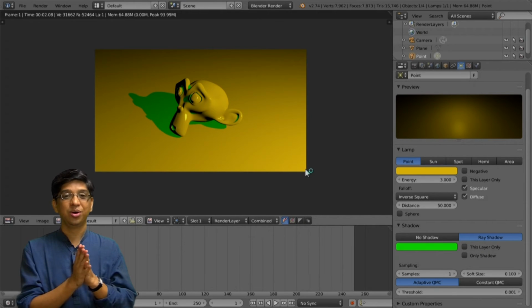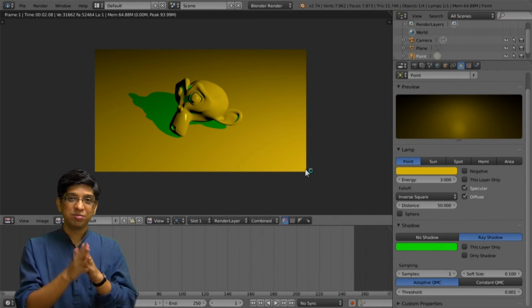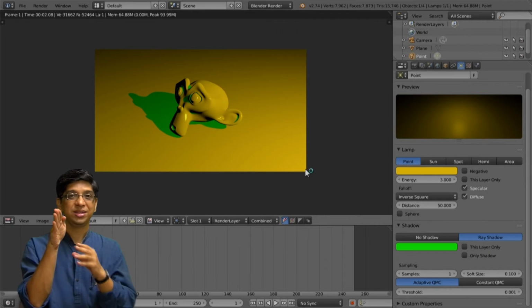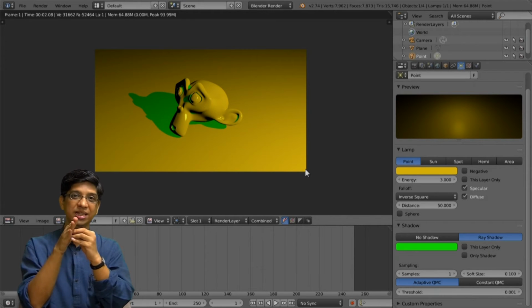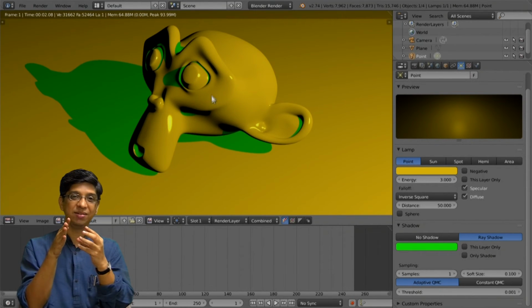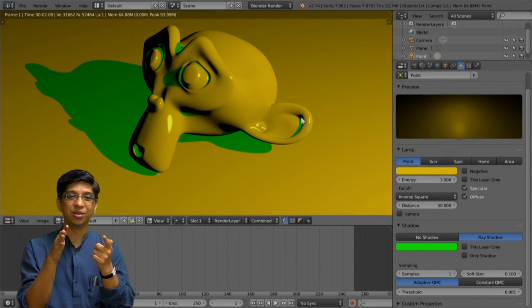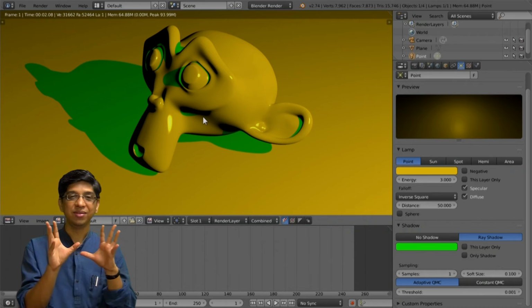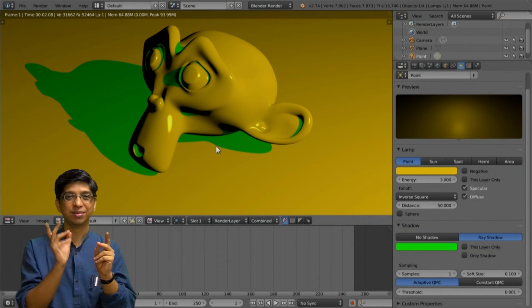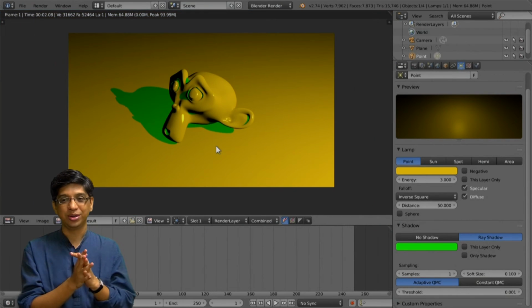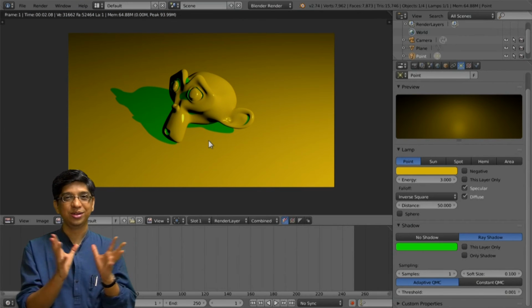So even within the object, whatever part which is coming in front of the light is casting a shadow on the object itself, and that shadow is also green now. So you can see that all shadows have become green. That is something very cool and you can use it to the maximum if you want to try it out. Let us not get into this kind of psychedelic type of image.